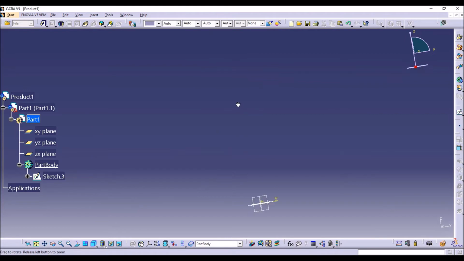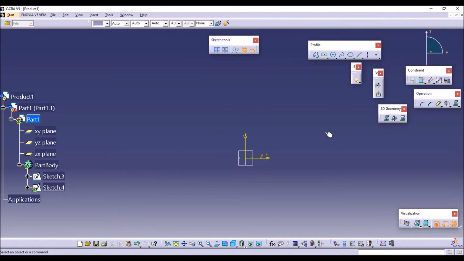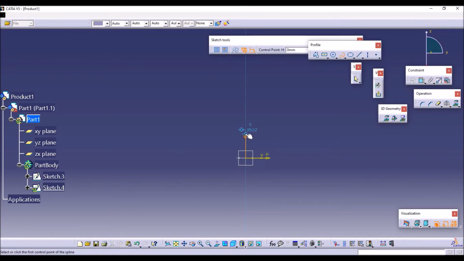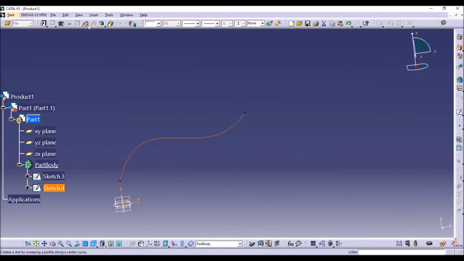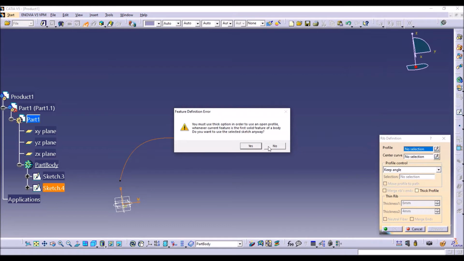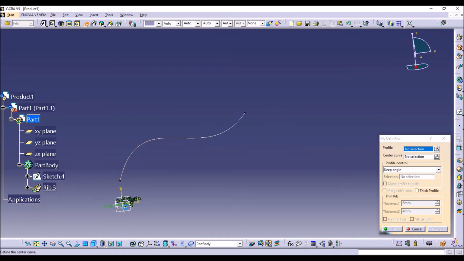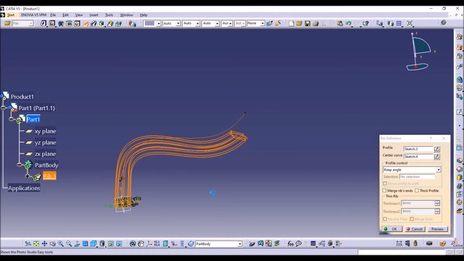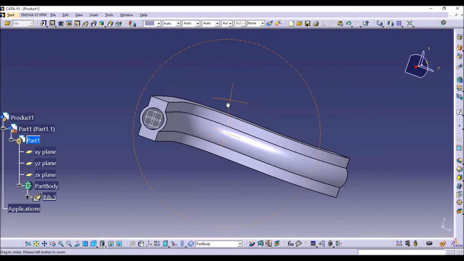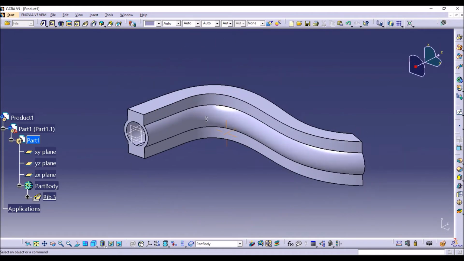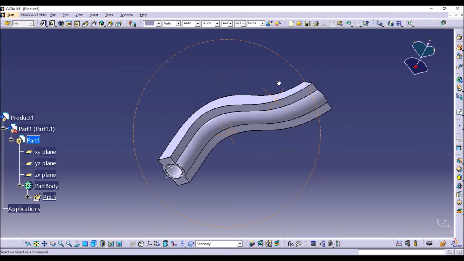Again I am selecting the plane and sketch, and I am drawing a small profile like this. Now use the rib option. The profile is this and the center curve is this. See, if I use the smaller curvature, you get a rib like this. So this is how a rib is formed.